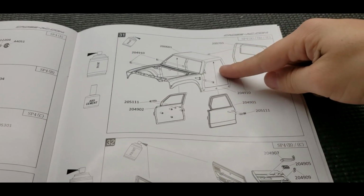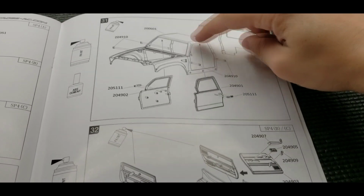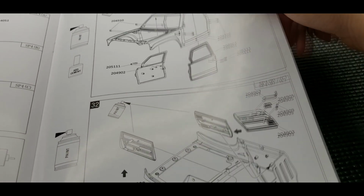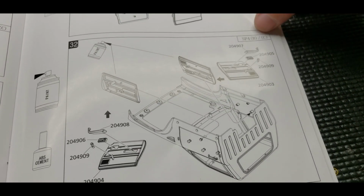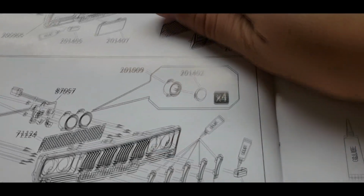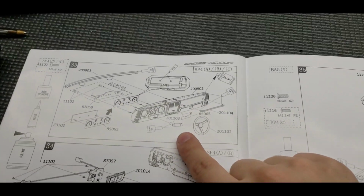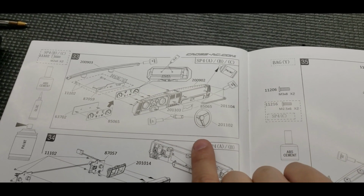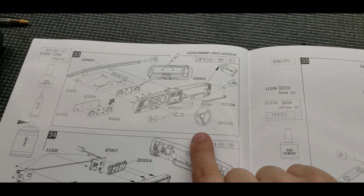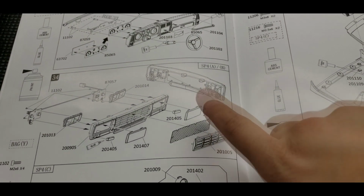So the door is gonna get mounted. The back piece is already connected to the body. I guess they did that from factory. I skip this because I don't have the SP4B or C. Then I go on to the dashboard, mirrors, and all this other good stuff. Dashboard I have to paint. Then the grill,